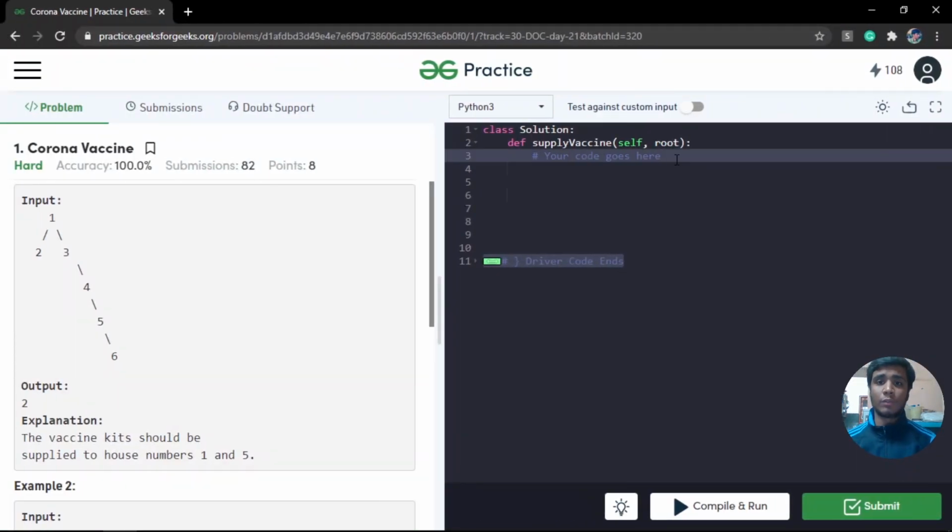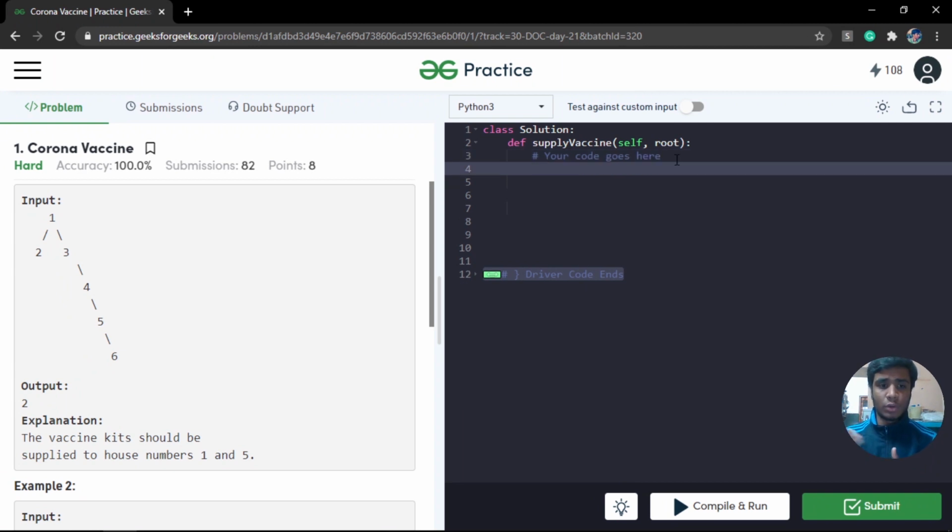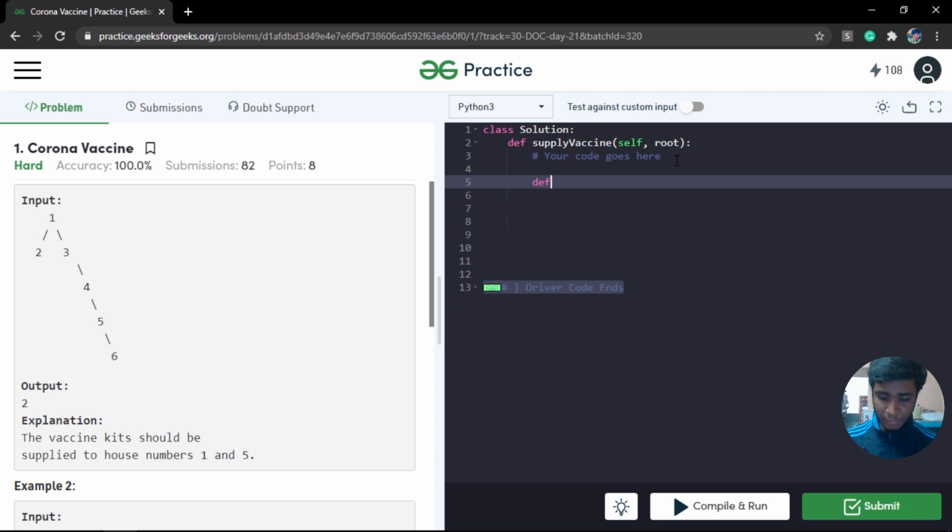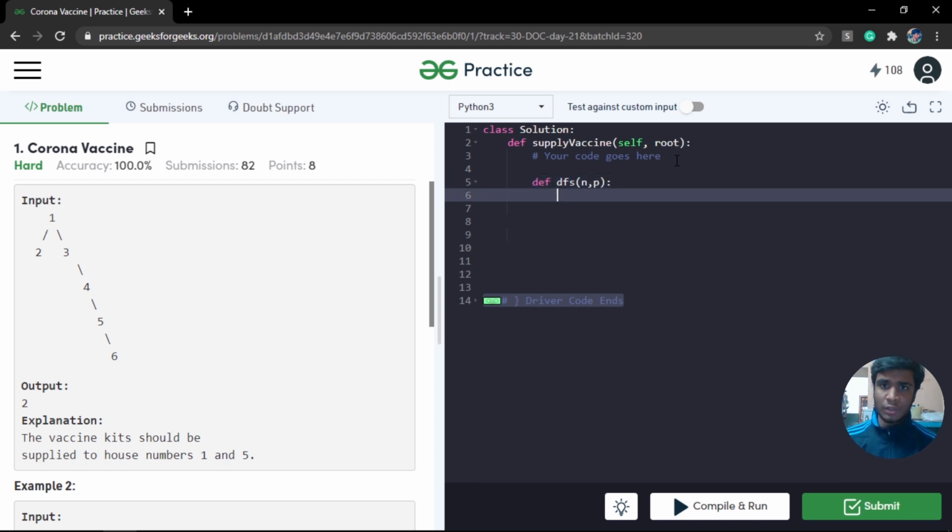Since we are solving a binary tree problem, we have to iterate. In order to reach every node, we can use BFS or DFS. I'm going to implement DFS to reach all the nodes. Let me define my DFS here. Define DFS, and it's going to take a node and also a parent. I'm taking the parent because a node has left and right associated with it, but it does not have a parent.